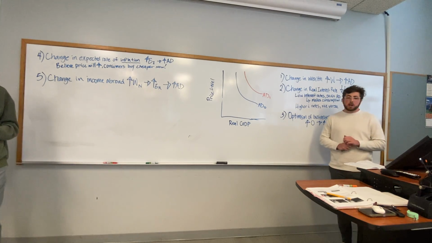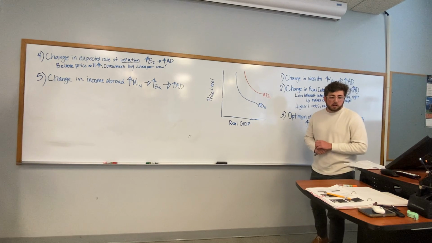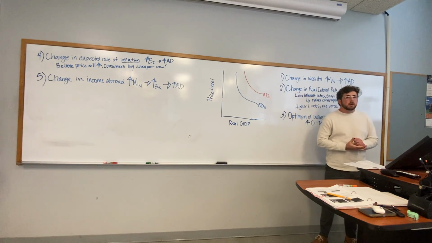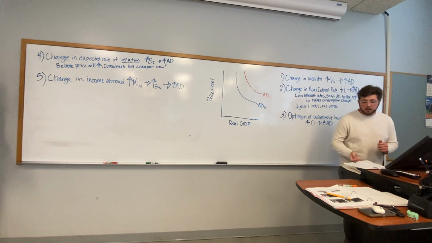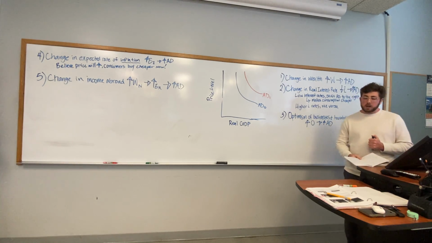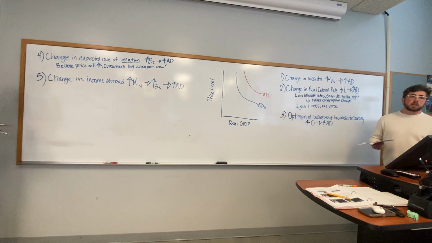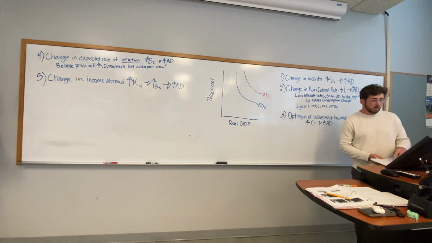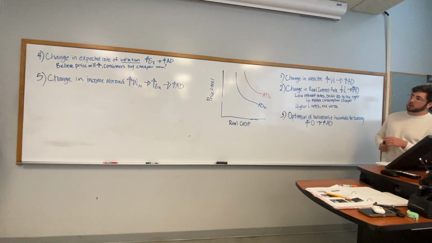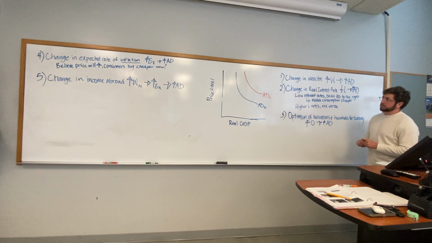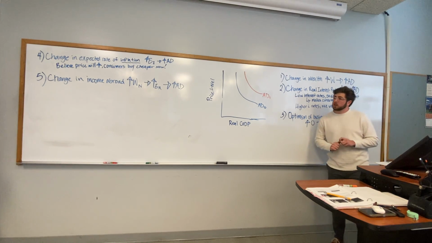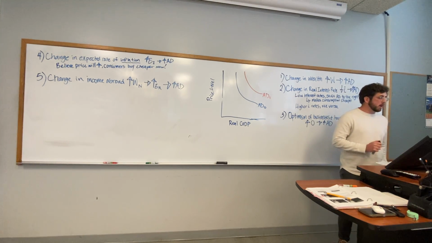Vice versa the other way. If Mexico or Canada are not wealthy, they're experiencing something in their country that makes their wealth go down, they're not going to buy as much from the US. They don't want our stuff because they can't afford it right now, which means aggregate demand is going to go down. Does that one make sense on the shifts for demand in another country?